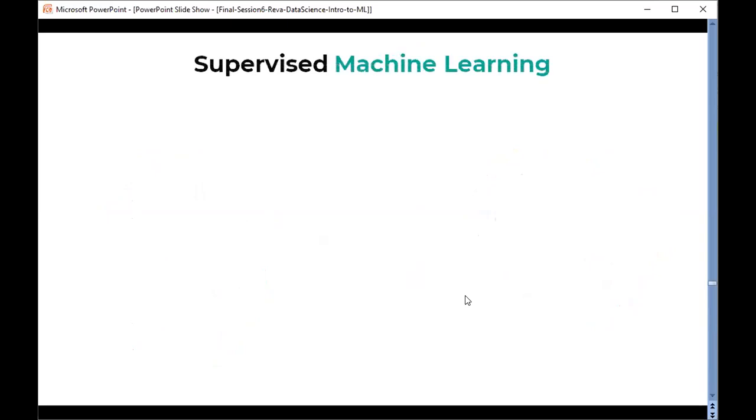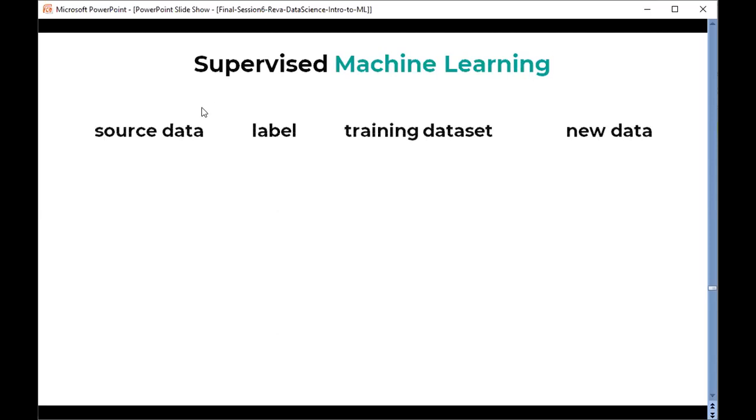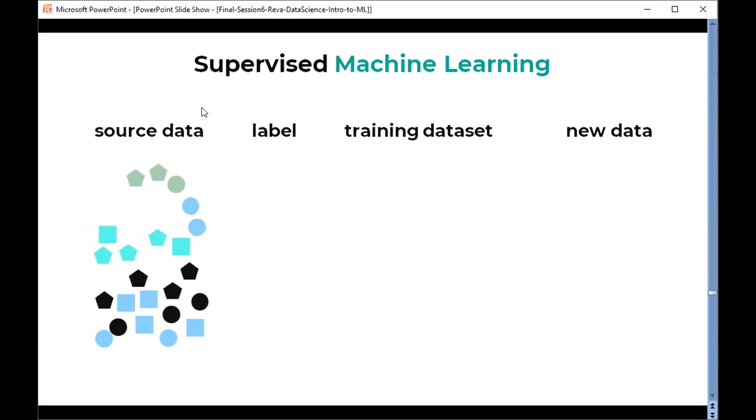Then we have supervised machine learning. As its name indicates, it is supervised. First of all, it takes data that is already labeled. So we are not just giving these data points, we are also defining the labels.